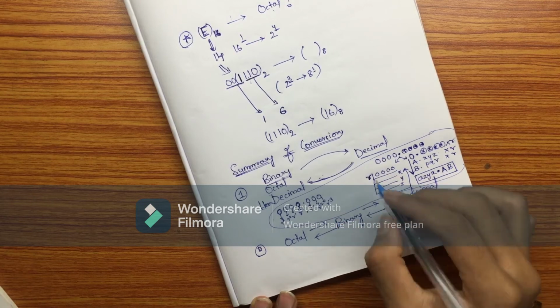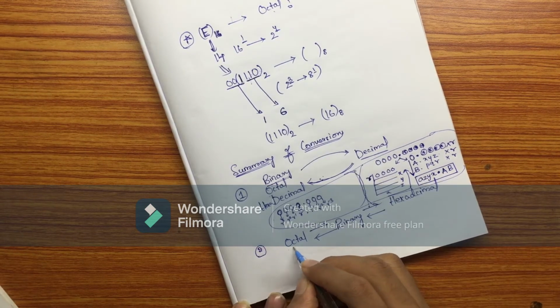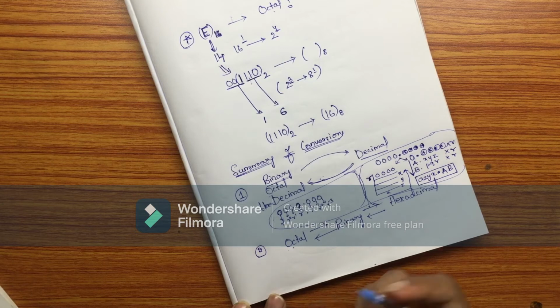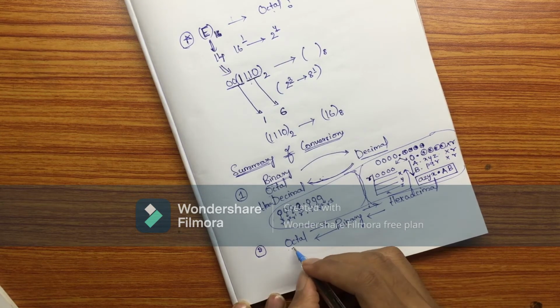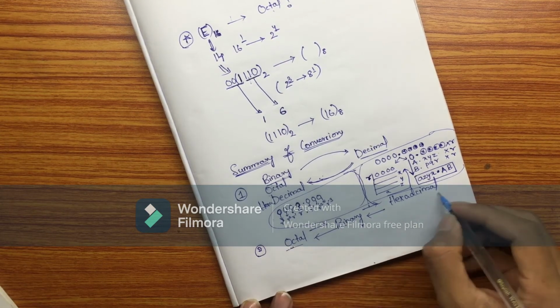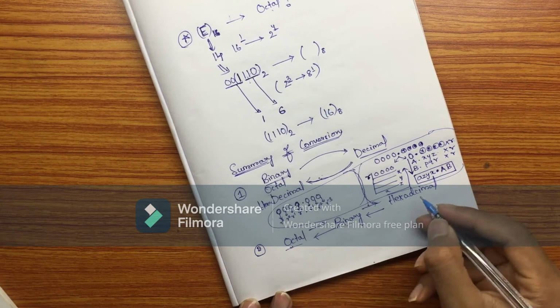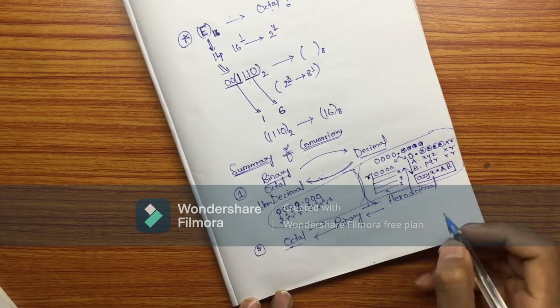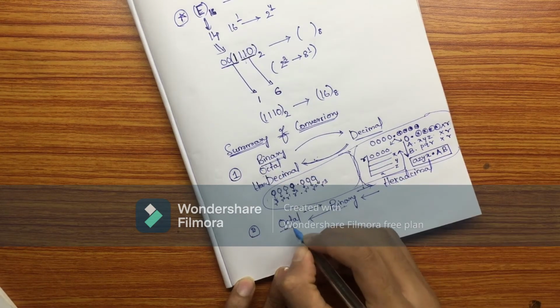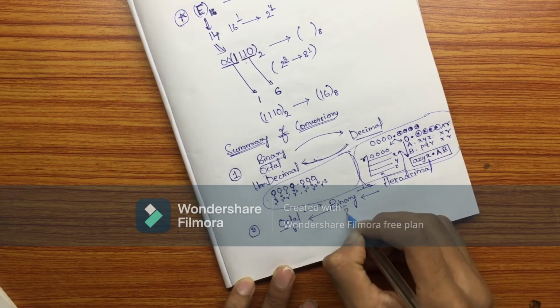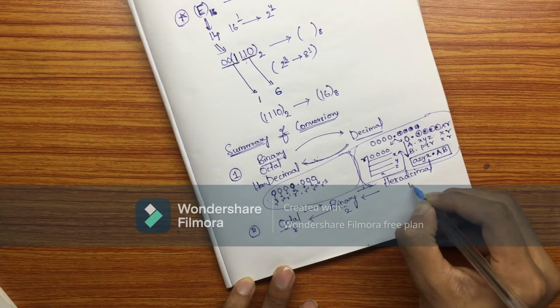How to do the process, how to do octal to binary, binary to hexadecimal, or if they are asked to find octal to hexadecimal, then also you have to convert to binary first, and then only you have to convert into hexadecimal. Okay, so here technique is octal have 8 and 2, here this have radix 16.